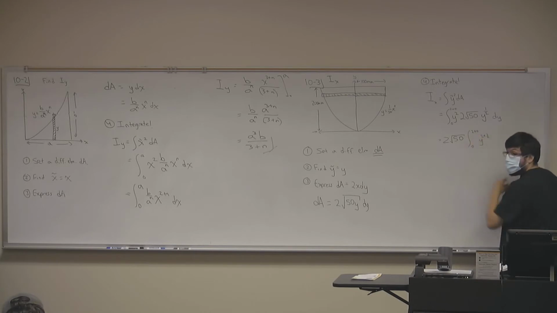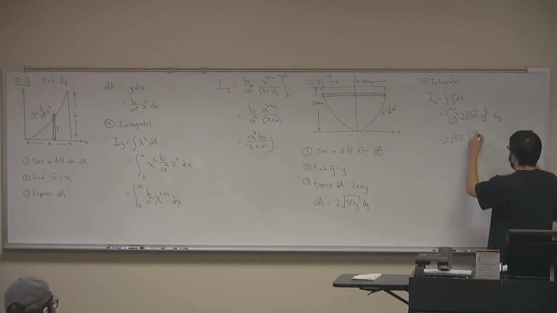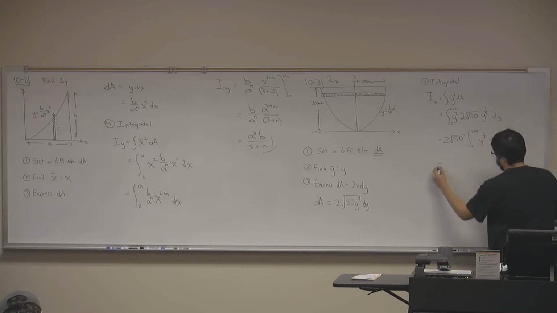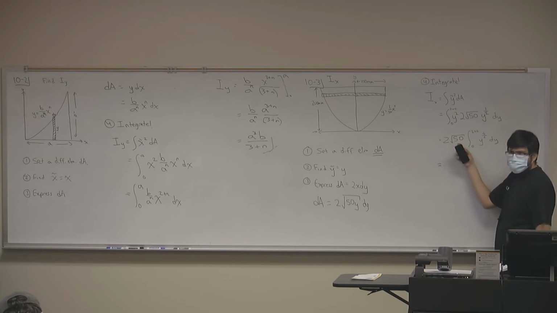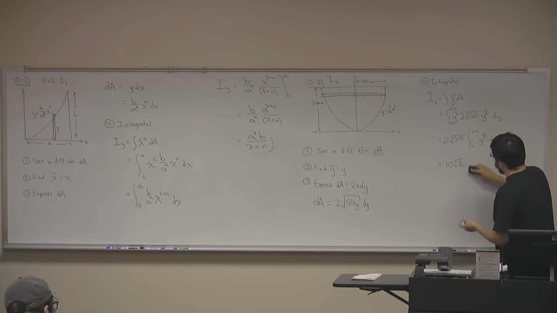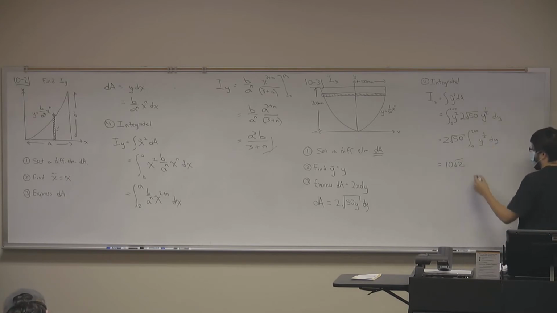Like this? Yeah. Okay. Equal, and then 2 times 25 is 50, and the square root of 25 is 5. That's going to be 10 root 2. This looks nicer than 2 root 50. You get